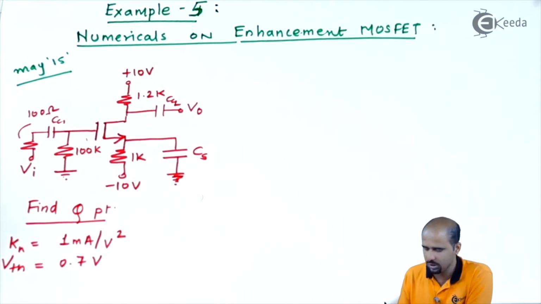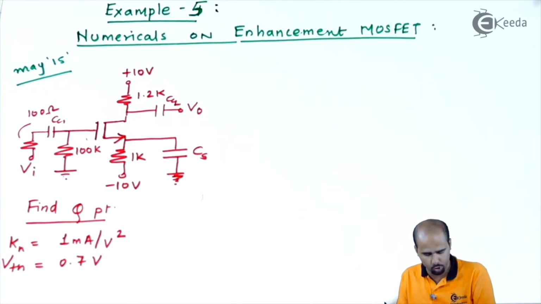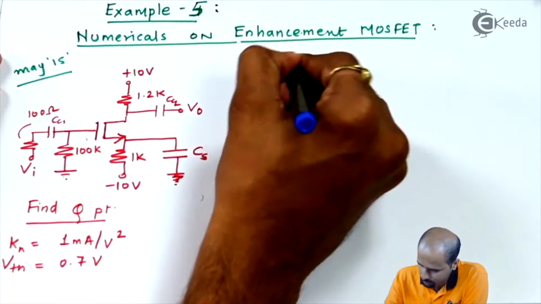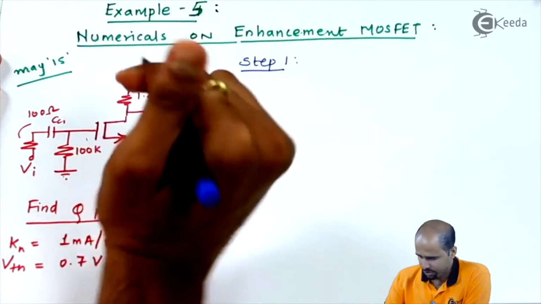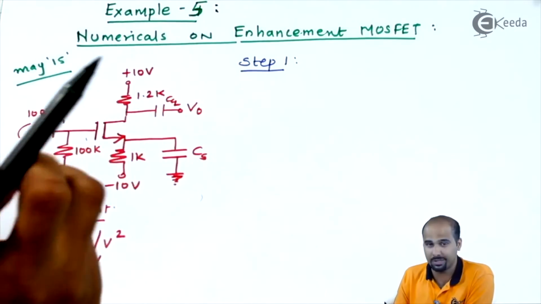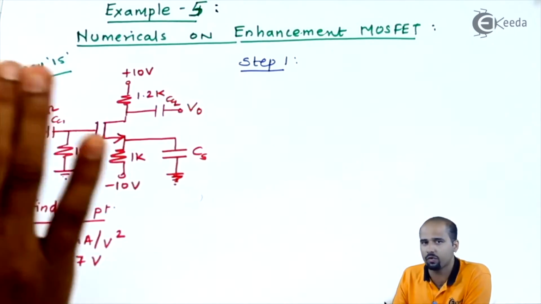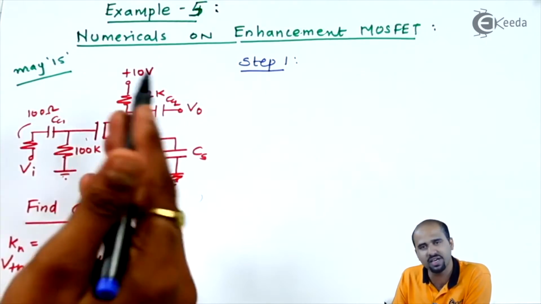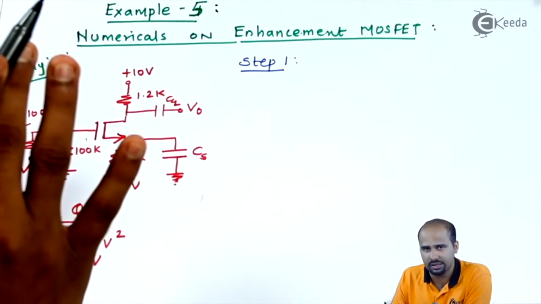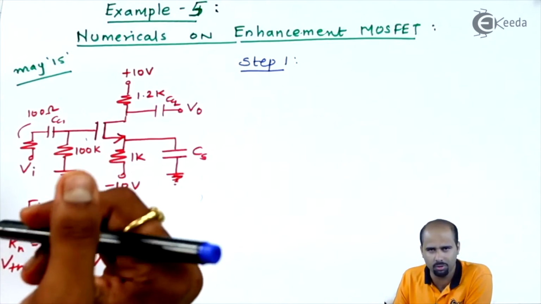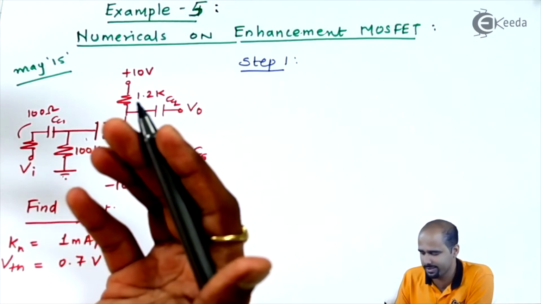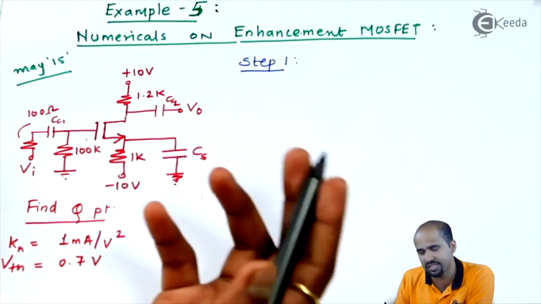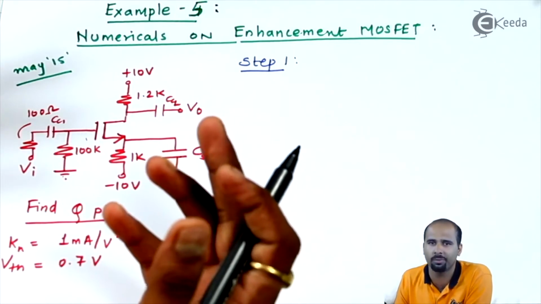Let's proceed further with the steps that we already used to follow. So step number 1: first of all, we should get how much part of this circuit we require for DC analysis. All the capacitances are given, right? As we are dealing with DC analysis, I can say that frequency is equal to 0. If frequency is equal to 0, the capacitive reactance is infinite. So if it is infinite, I'll have to open all the coupling and bypass capacitors.